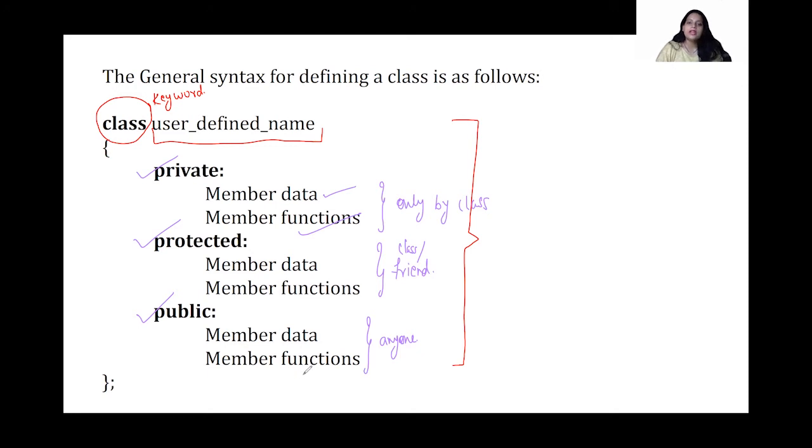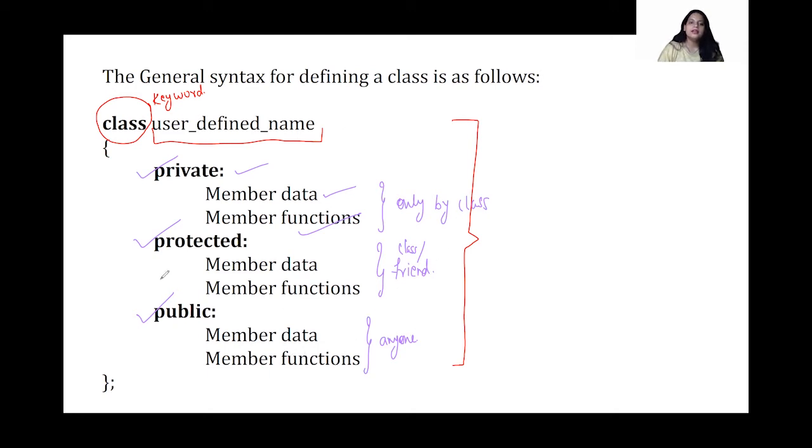When you are writing a program, maybe there are instances when you want your data to be accessed by no one else but only the class. At that time, you can declare it under private. If you are okay with your data members or member functions being accessed by anyone else, then you can declare it under public, right? So these are the things which we are going to look into in detail in the inheritance lesson also. But as of now, you should remember how they are accessed, right?